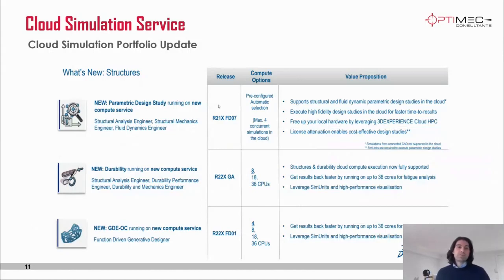It's available in the structural analysis engineer, structural mechanics engineer, and fluid dynamics engineer. The name pretty much tells everything. Parametric design study allows you to optimize parameters of your design, of your cloud model, for a specific goal, such as attaining a specific stress level, optimizing mass, etc.